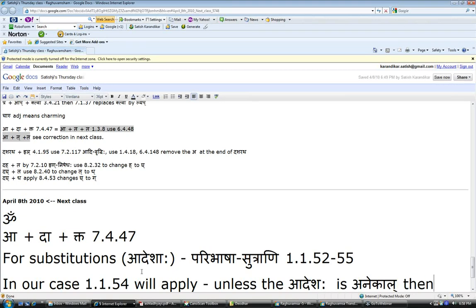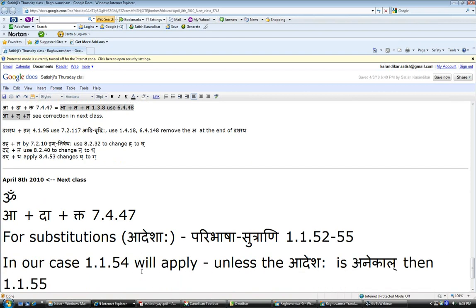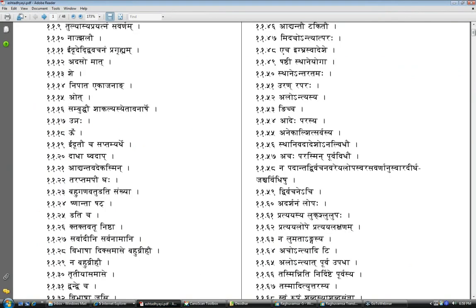So last time, in a hurry, what I did was that I knew that if you replace the entire da with the ta, we can get the correct form as atta. But let me tell you what the problem was. I had a bad feeling after the class, and when I looked at the notes, I thought I should check with the Kashika and Siddhanta Kaumudi, because this sutram is not in Laghu Siddhanta Kaumudi. This sutram which we are doing right now, 7447, is not in Laghu Siddhanta Kaumudi.